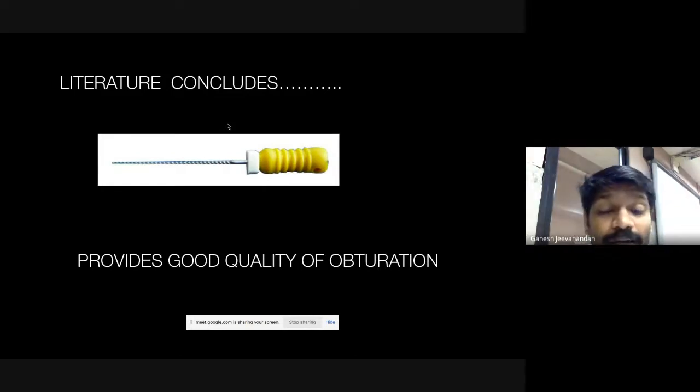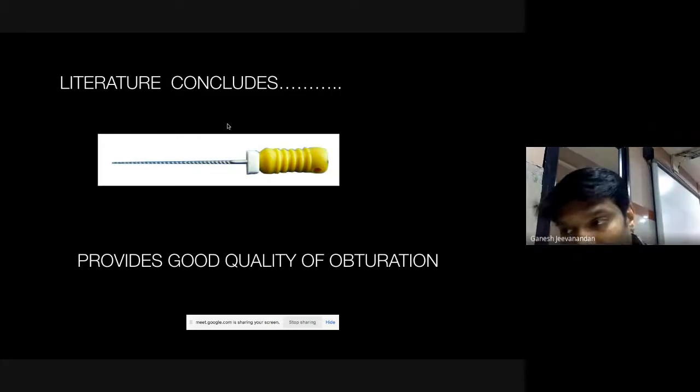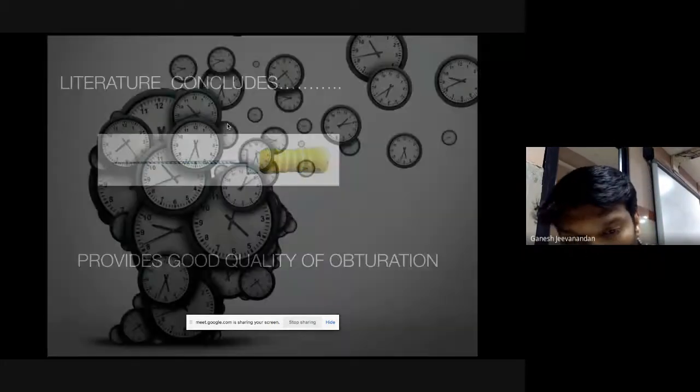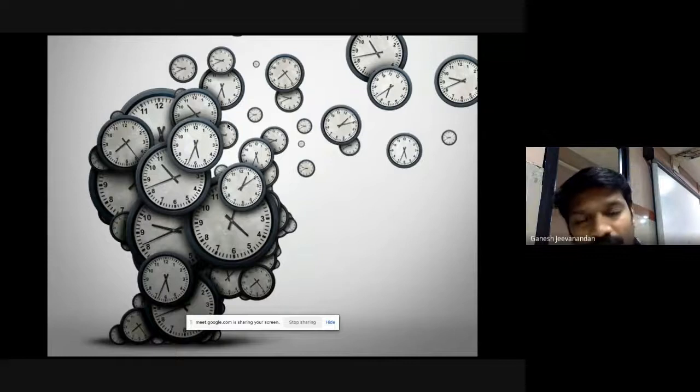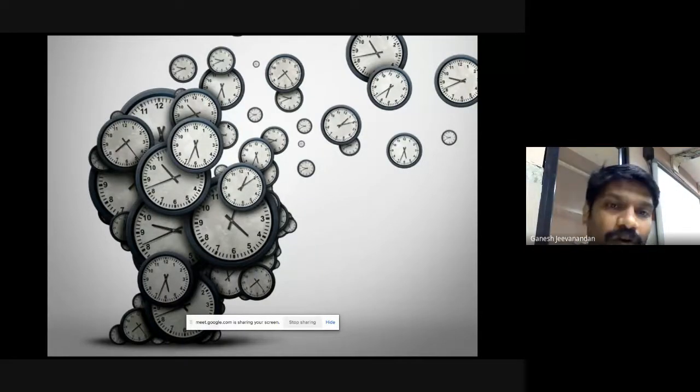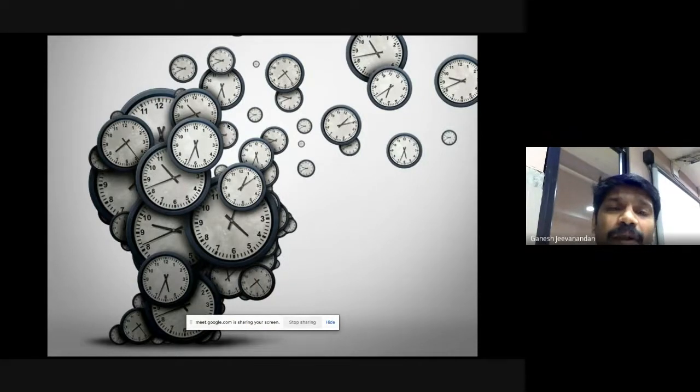But the important factor of all these rotary files or advanced technology being launched is this: time plays a very important role when you do a pulpectomy procedure, because you will not know at what stage the child will become uncooperative. That is number one. And remember, you will have to use 15. There are 3 canals. For example, you're doing pulpectomy in 85.